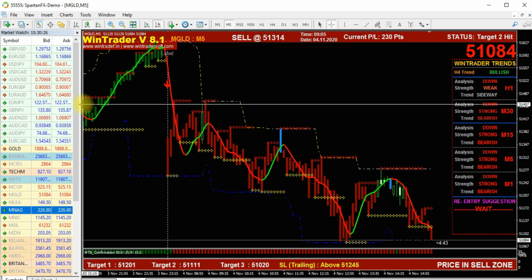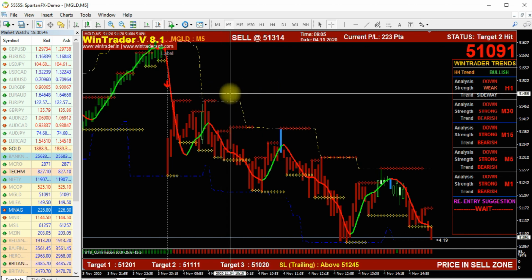So every time we need to check, because lots of software is available in the market. But as per the current market situation, you can compare with any software, we are the best. We are providing the best, most accurate and advanced signal.